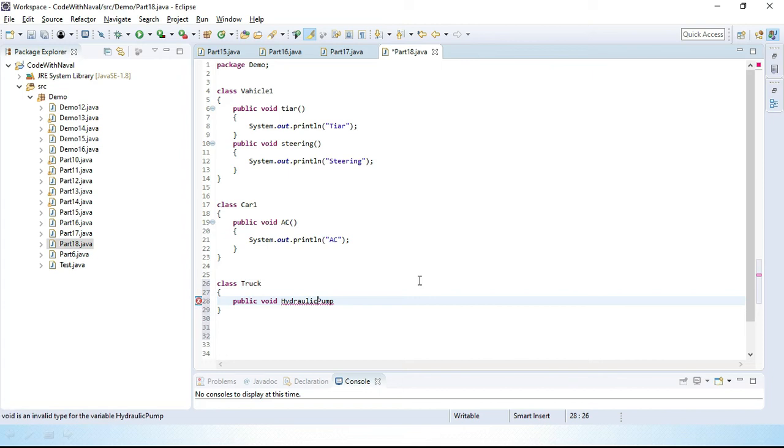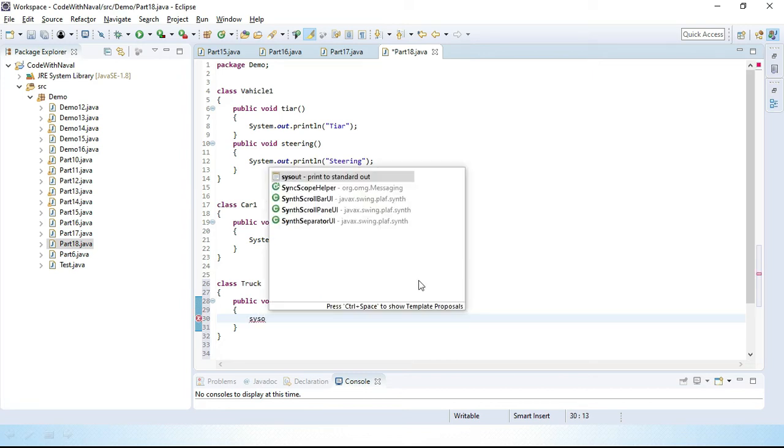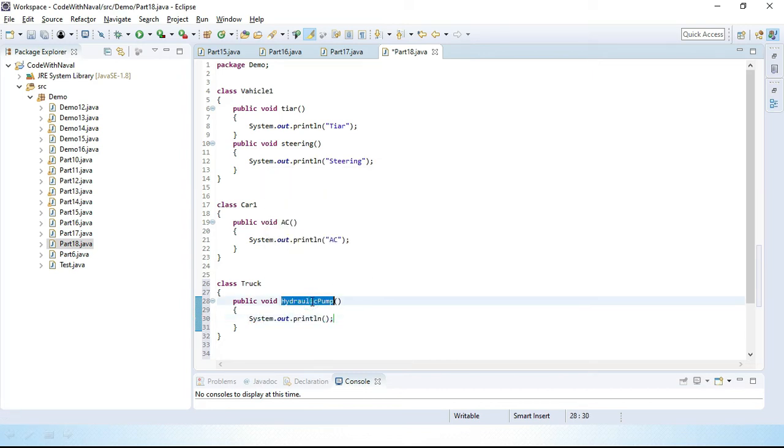Here we define a hydraulic pump method. Inside it we print System.out.println and the method name. I'll copy this method name and paste it here to print hydraulic pump.